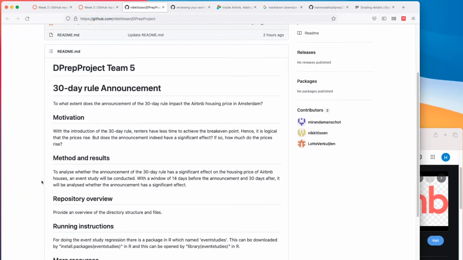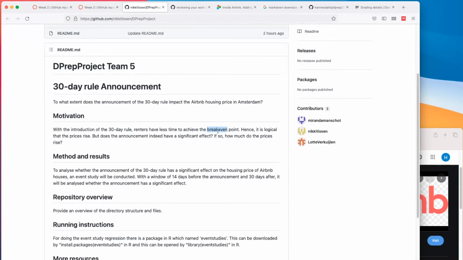Let me go through your motivation with the introduction of the 30-day rule. Insert a link to a blog post which introduces the 30-day rule. Make it easy for people to connect to your repository and your work. Right now, we don't work on our own, we work in public. So we want to make it easy for people to grasp, relate, and find you. Even just by adding a link, your site gets indexed high at Google and people will come to your page.